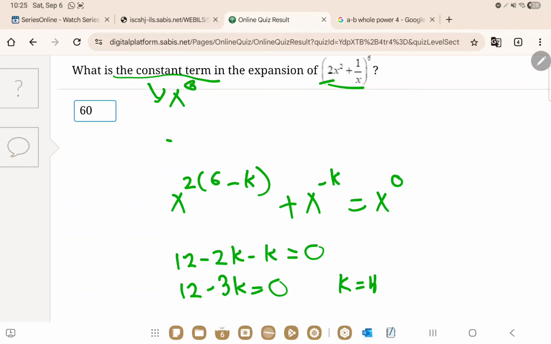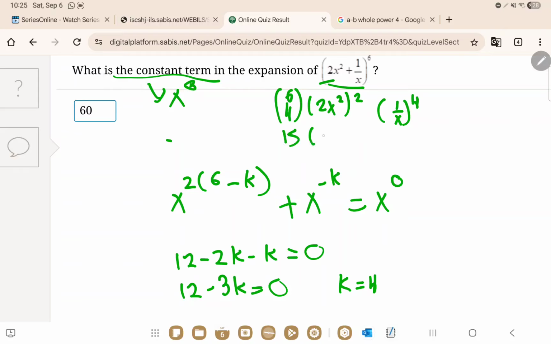Moving on, let's solve. So k is 4. So 6c4 into 2x squared power 2, because 6 minus 4, into 1 over x power 4. 6c4 is going to be 15